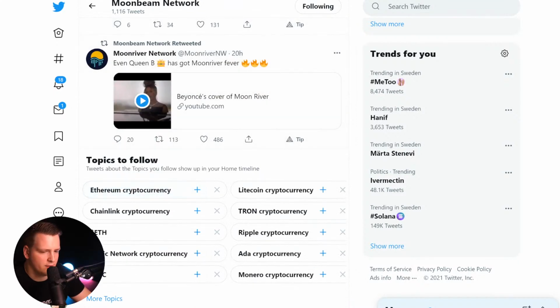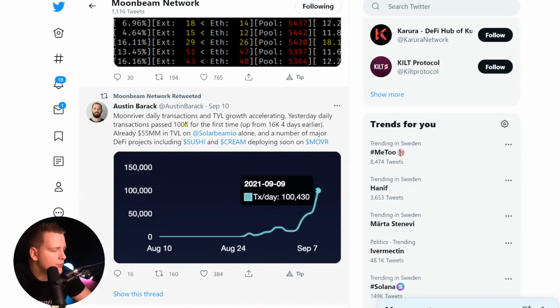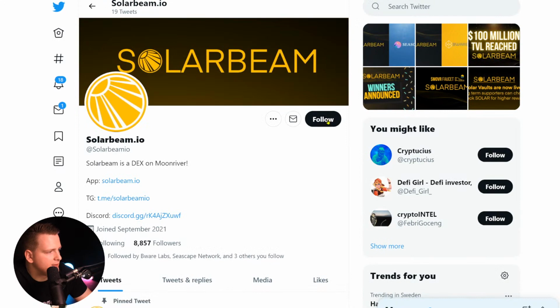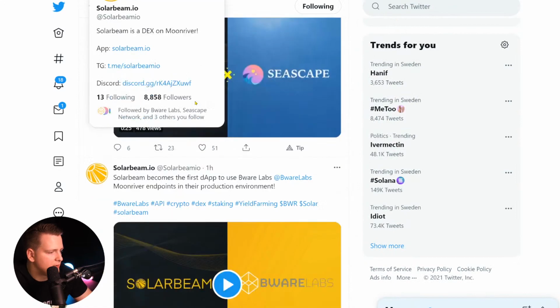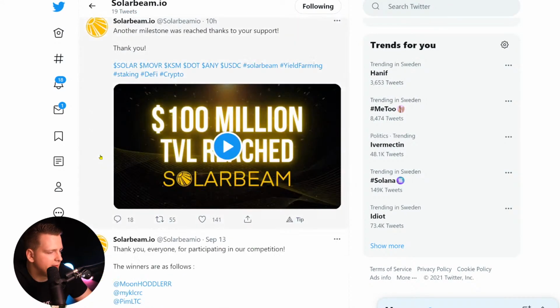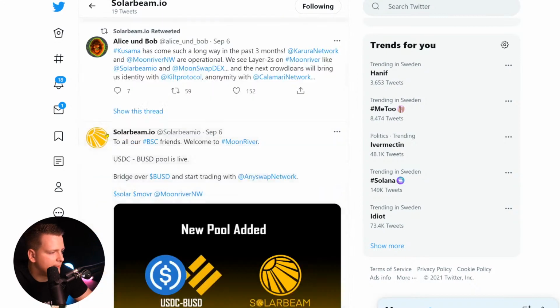I want to see some chart with TVL going to 1 billion or something. I mean, for all chains, that's the number one metric. See, this is good. Moonriver daily transactions and TVL are accelerating, that's good. Yesterday transactions passed 100K for the first time. Already, this is nice. Solarbeam, these guys I have to follow. Solarbeam is a DEX on Moonbeam. That's very nice. So as we see this thing grow,